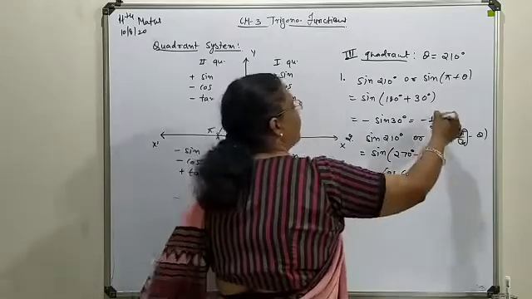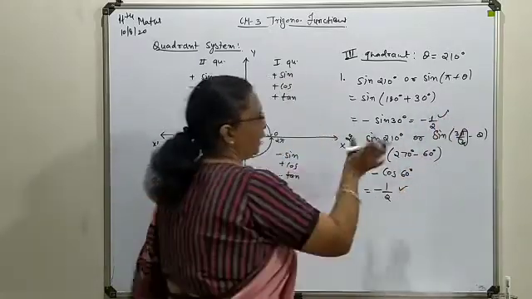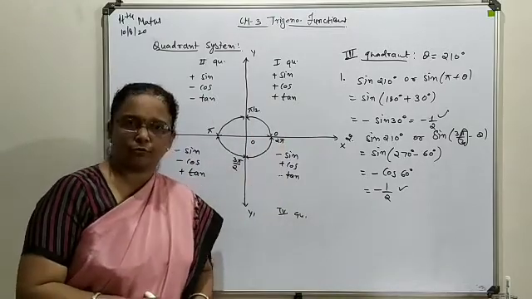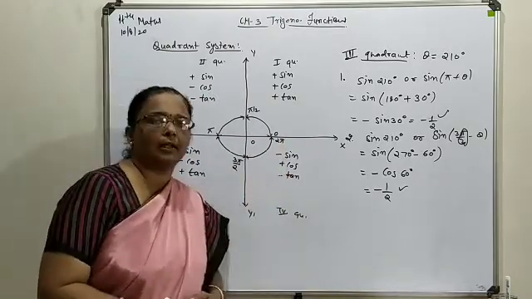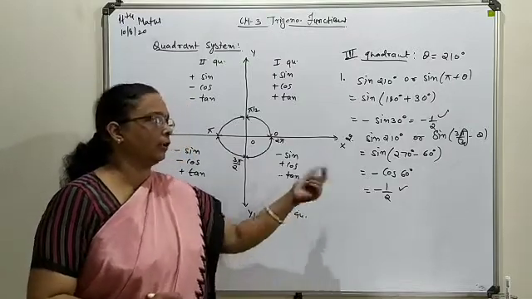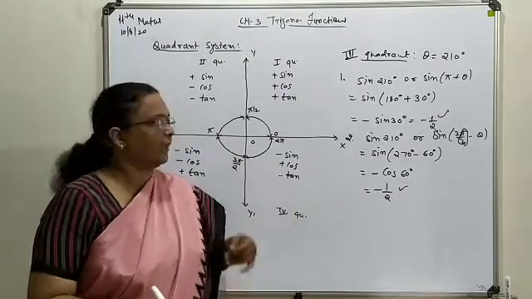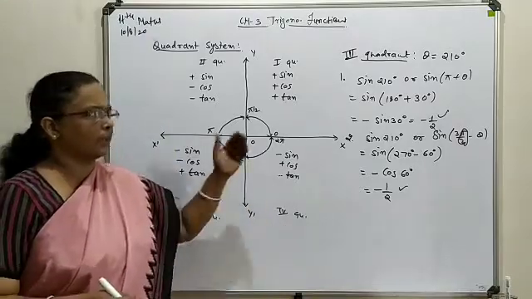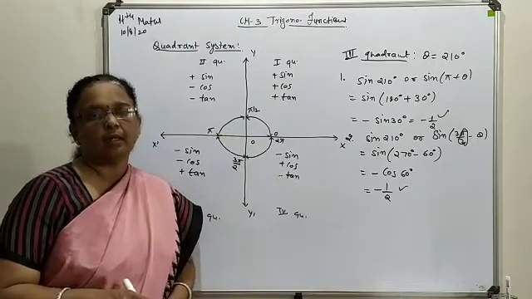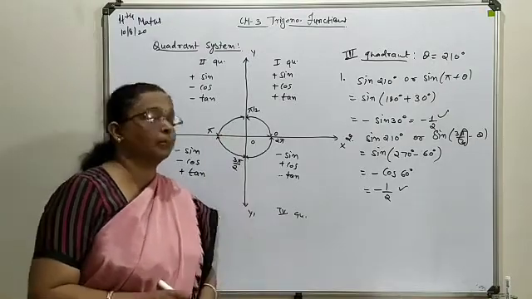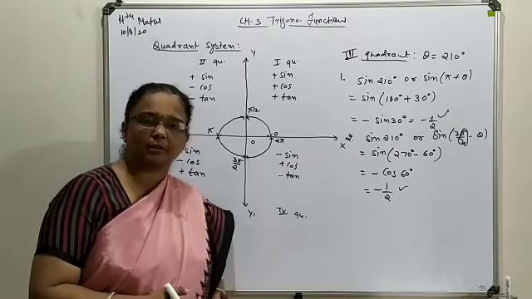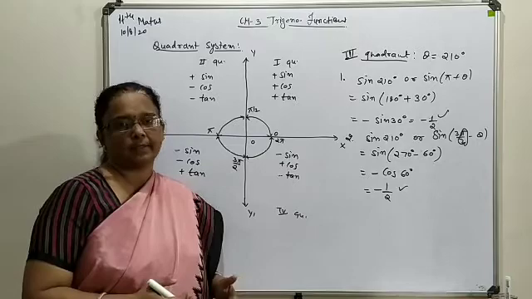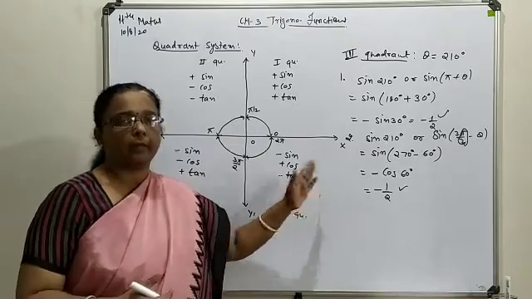So this way you can see, on taking any of the methods as pi plus or 3 pi by 2 minus, your answer will come the same, only the method of writing will change. But when it depends on you to select the method, you can select any method as per your convenience. But if a particular form is given in the question, then you are restricted to follow the same thing.